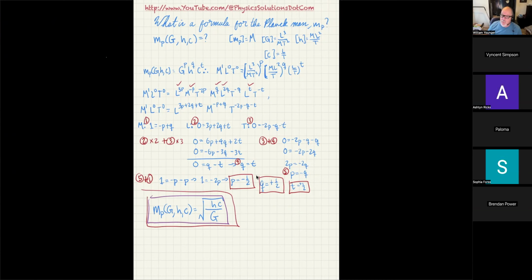Notice that when I give you a problem, especially early on, I have to give you the dimensions of the variables that you're using and the dimension of the variable that you're solving for and all that. And then you set up this equation this way. This is definitely something that is going to appear on one of your tests in the future, if not multiple tests. So make sure y'all learn how to do this.